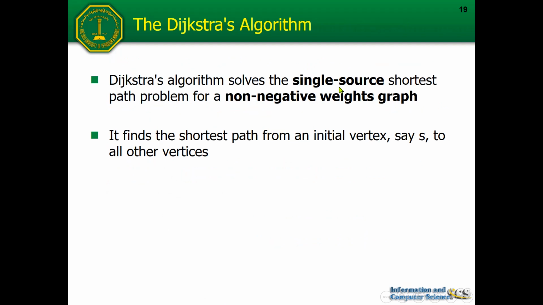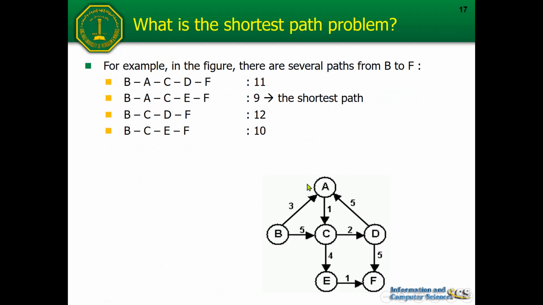What is single source? The Dijkstra algorithm can only be used to solve the shortest path problem for a single source. Okay, the meaning of single source is like this. For example, we have this graph. Single source means that we need to determine the starting vertex, for example, B. Then by applying the Dijkstra algorithm, we will find the shortest path from B to all other vertices. We will be able to find the shortest path from B to A, B to C, B to D, B to E, and B to F.